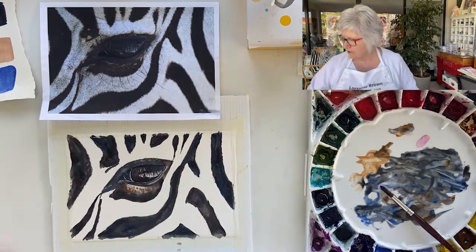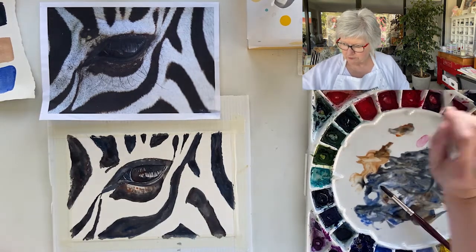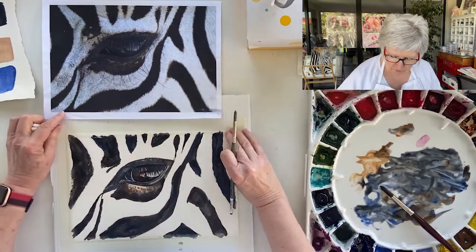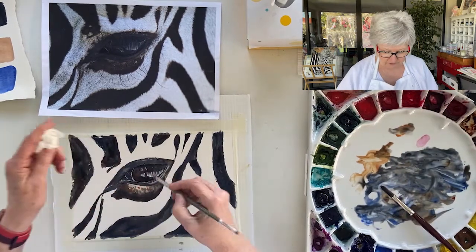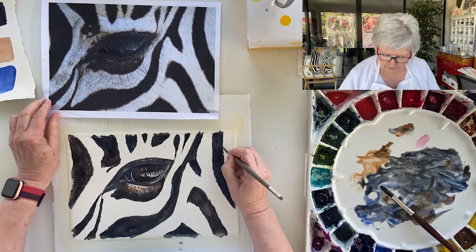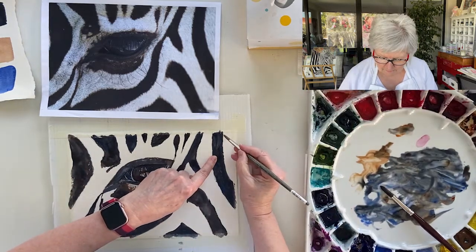And to do that, I generally just agitate what I've put down. I've just got to find which brush I'm going to use to do that. So here's this number 8. Let's start with one at the top here on the edge and just see what happens. So if I take my brush, take off a lot of the moisture, the same as when I'm lifting out really, and I just stroke it in a couple of places down the edge of the stripe here, and then